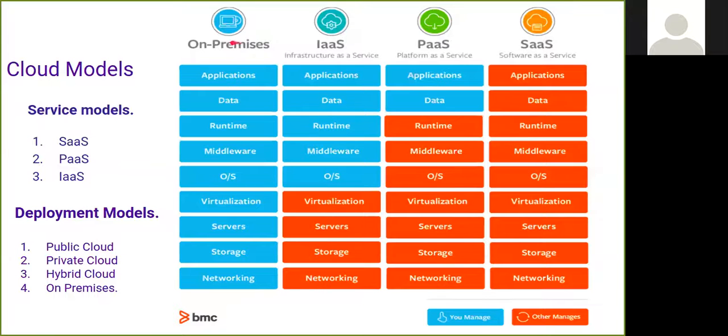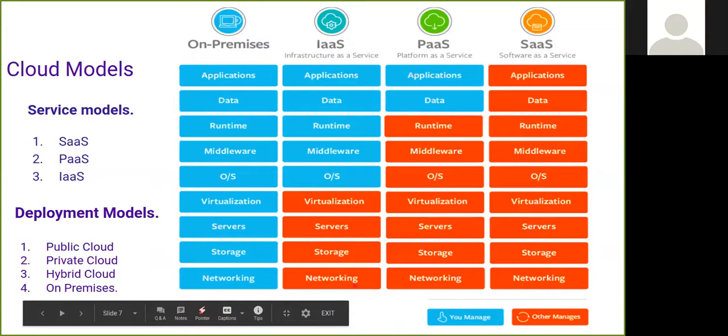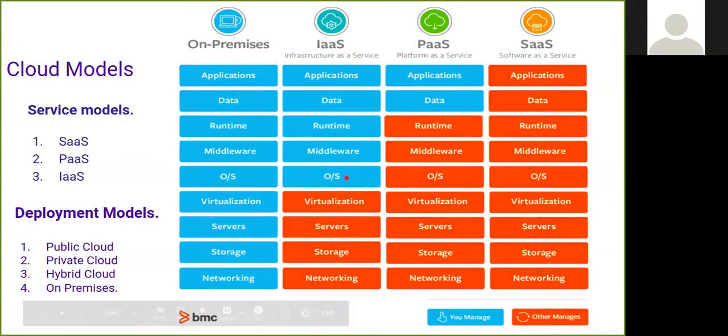So I was talking about infrastructure as a service. So this is infrastructure as a service. In infrastructure as a service, you will get networking, storage, servers, and virtualization. This is the hardware stack. We are going to install an operating system on top of that, and we can install other applications on top of that. Similarly, platform as a service comes with an installed operating system, just like when you buy a new laptop, you get a Windows 10 operating system in it. So you are just buying a platform, right? And then you can install any application of your choice on that operating system.